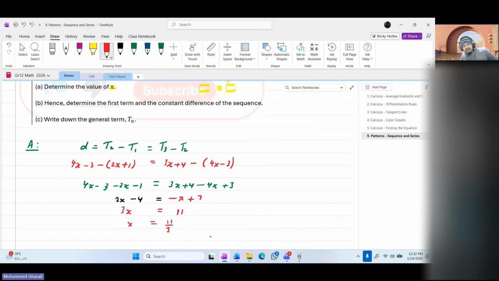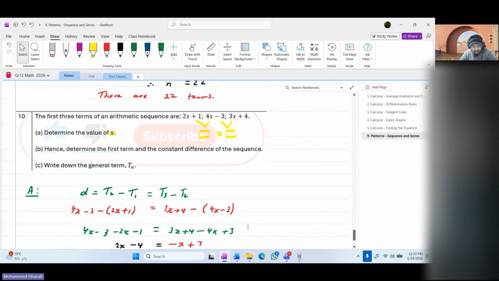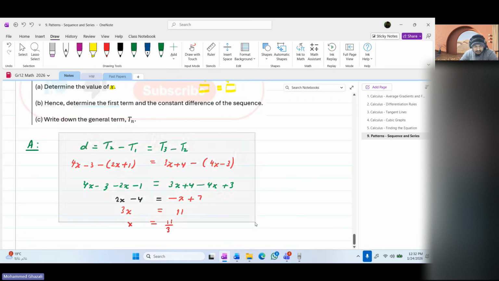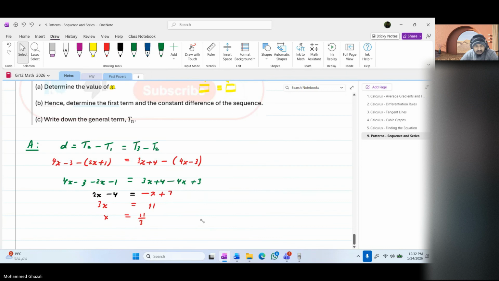No issues. It's just arithmetic, okay? So you can get fractions. But you must double check by substituting inside here. Right? So we know we have x to be 11 over 3. In other words, these things will end up being fractions now, your sequence of numbers. So this was part A. Part B,